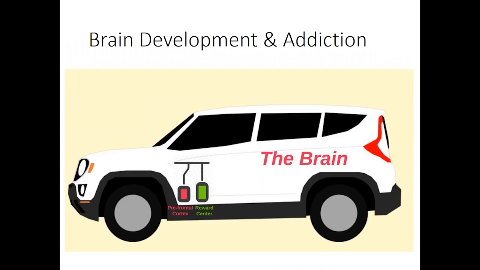So how this works, how obstacles put a person at greater risk, has a lot to do with how they impact brain development. If we thought of the brain as a car, the reward system of the brain would be a lot like the gas pedal, and the prefrontal cortex would be like the brakes. The reward center is fully developed by the age of 13, and it's stimulated by exciting and risky experiences. And young people love to put their foot all the way down on the pedal.